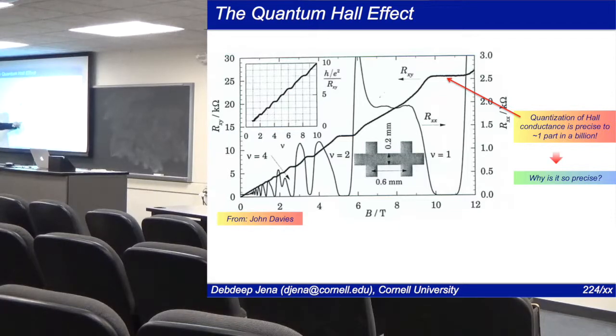And here, what you observe is these very precise steps, and the steps in the resistance are exactly at h over e squared. I think you realize right away this is the quantized conductance. 1 over that is e squared by h, the Landau conductance, right? So that was obviously somewhat weird, and at that time,